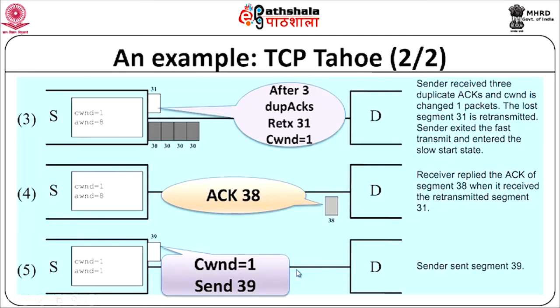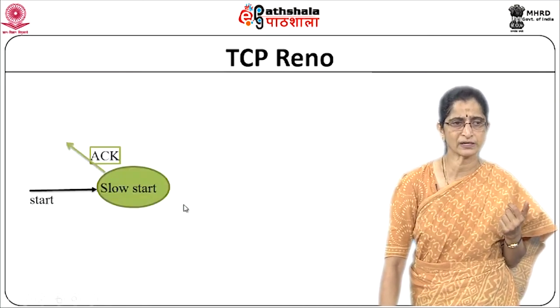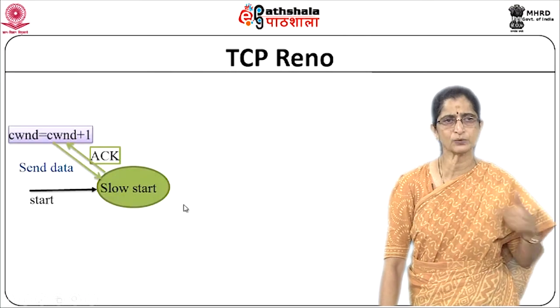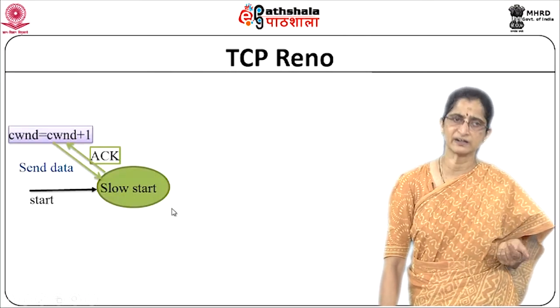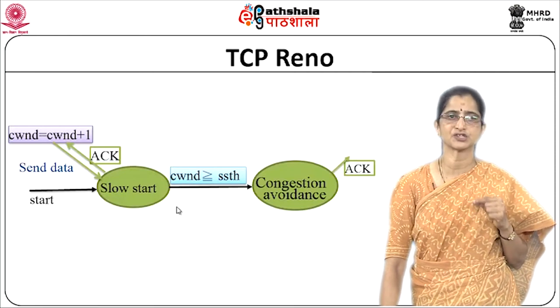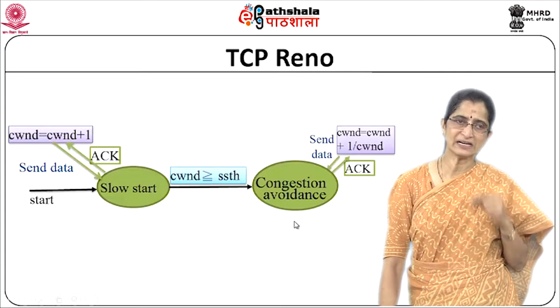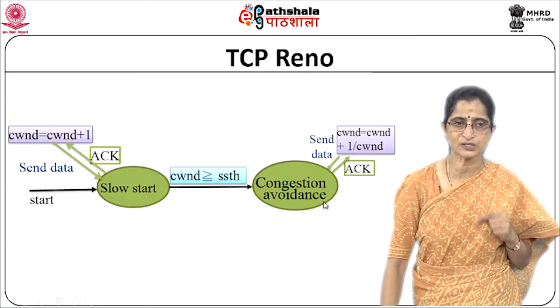Now, let us look at TCP Reno. Okay. The initial part of TCP Reno is pretty much similar, so you can go through it quickly. Slow start, right, you continue in slow start until you hit the threshold. Then once you have hit the threshold and moved into congestion avoidance, you will again keep incrementing linearly, that is, the additive increase phase is what you will be in.